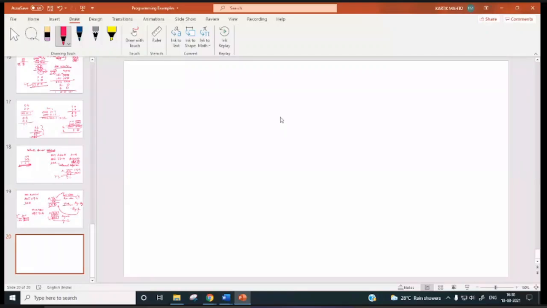Now suppose I am writing MVI A, 44H, and if you do DAA, this instruction is going to check the accumulator content. The accumulator content is 44.